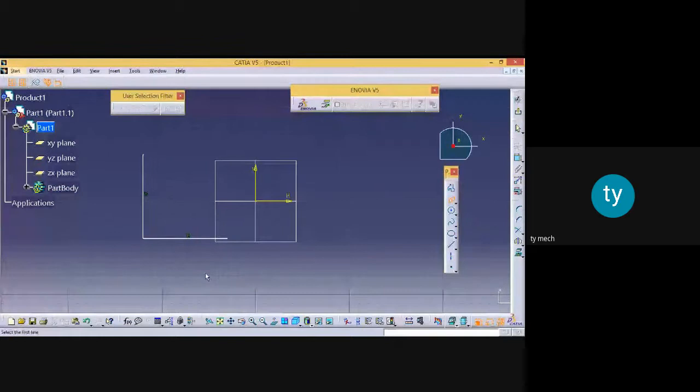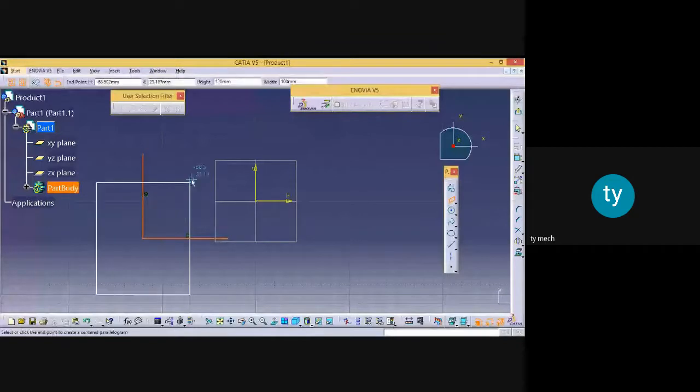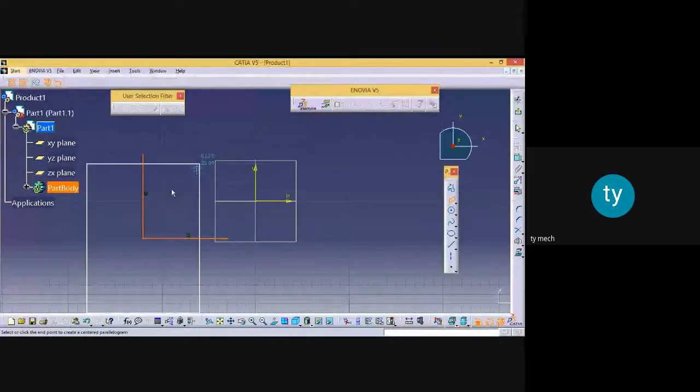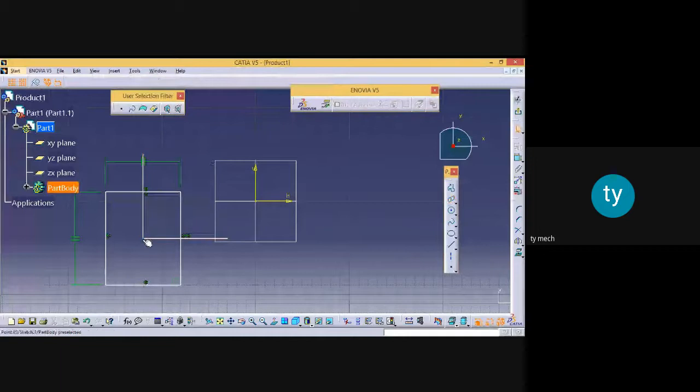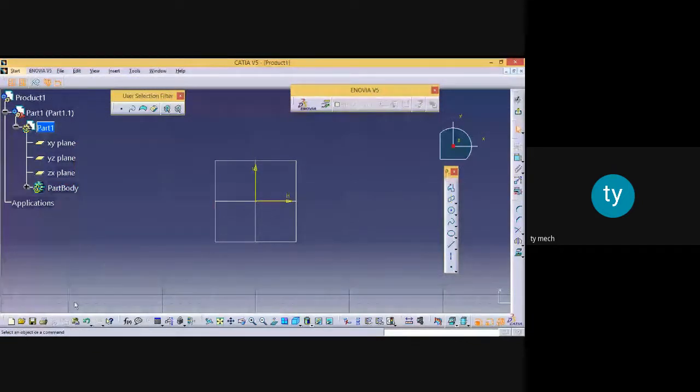Then select the second line, which is shown over here, and you can draw a centered parallelogram. Now you can see this is the center of this parallelogram. So this is about the rectangle command.